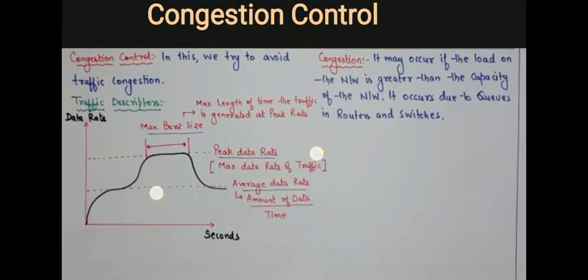Now guys, just have a look at what is meant by congestion control. In congestion control we try to avoid the traffic, we try to avoid traffic congestion. Then what is meant by traffic? Just here you can notice